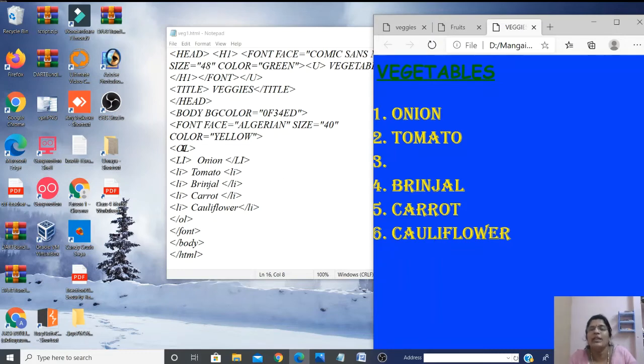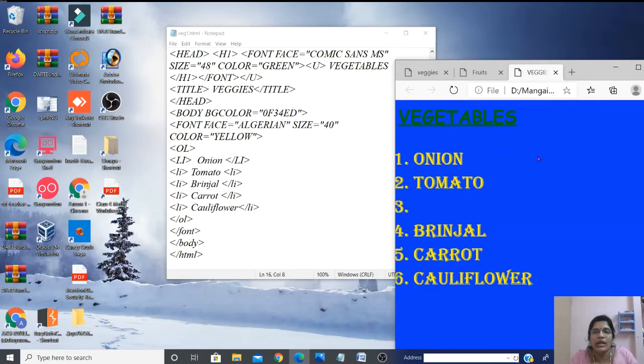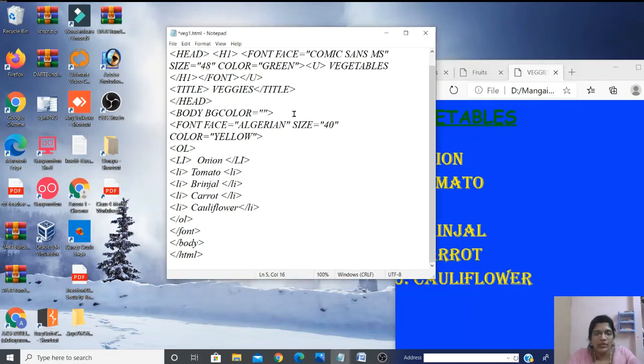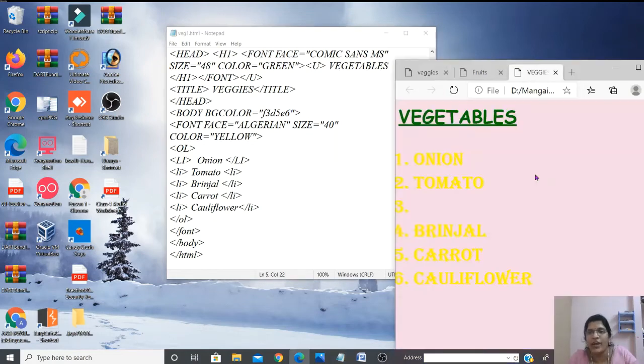Okay, so when I give an ordered list, automatically it comes with 1, 2, 3, 4. And also just listen, this color I have given because of this hexadecimal code. So if you want to change the code, you can change it and see. F3D5E6. Okay, I have given another code. Save, Control S, get back to the page, F5. See what color it displays. So the hexadecimal number gives you a magic of colors. Mix up the combination and get the color as you like.